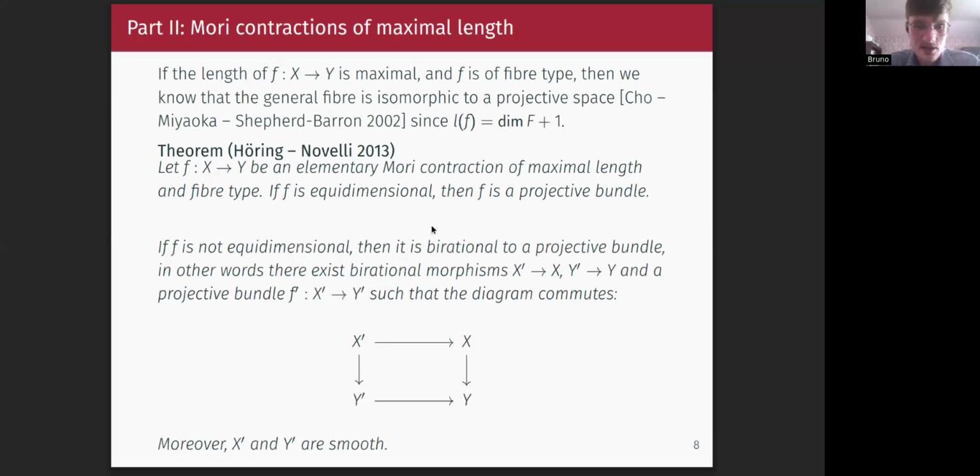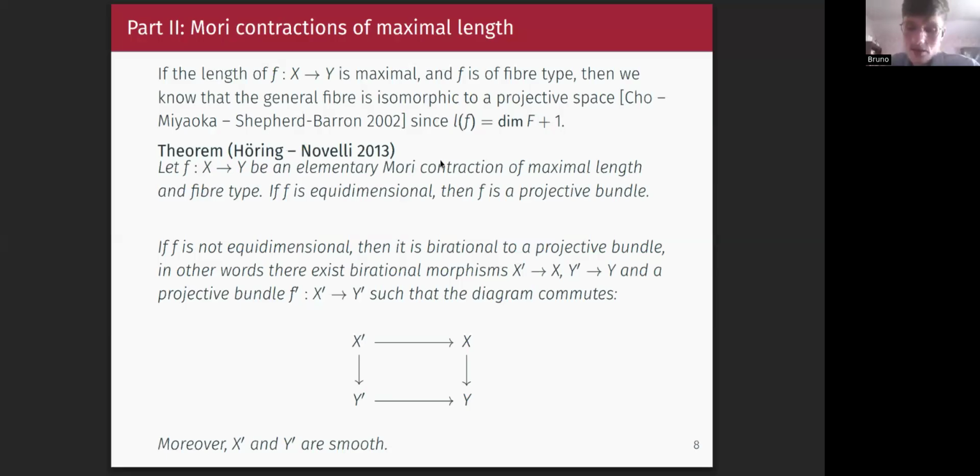And if F is not equidimensional, then I can only find a birational representative of F which has the structure I want, right? So it is birational to a projective bundle. In other words, I can find birational morphisms X' to X and Y' to Y, which are the horizontal arrows in this diagram, such that the vertical arrow on the left is a projective bundle, right? Moreover, I am able to find X' and Y' which are smooth. Right. So this result, in the case of a contraction of fiber type, totally classifies elementary Mori contractions of maximal